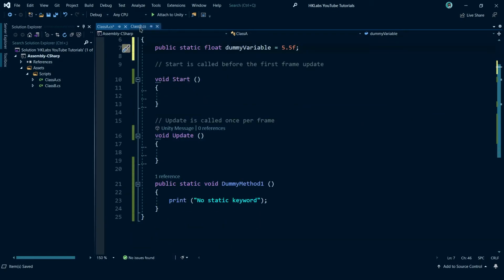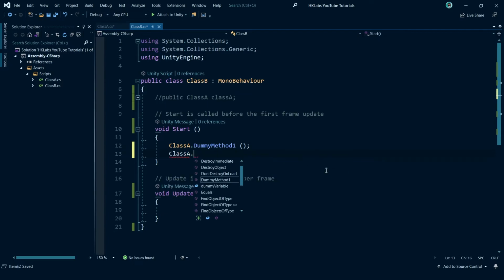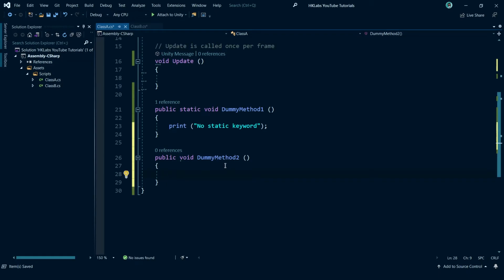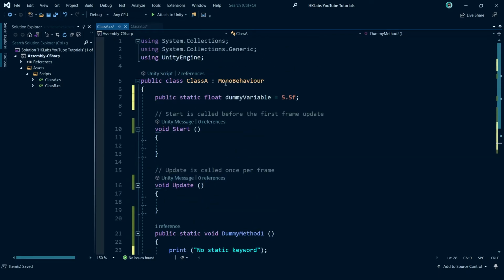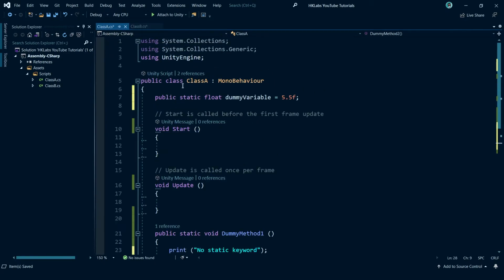Now, obviously, like I showed you, we can access that variable here. We can even set it. So that's the advantage of static variables, right? No need to create objects. But now, what is a static class? Well, glad you asked. If I was to go ahead and write the keyword static in front of this class,